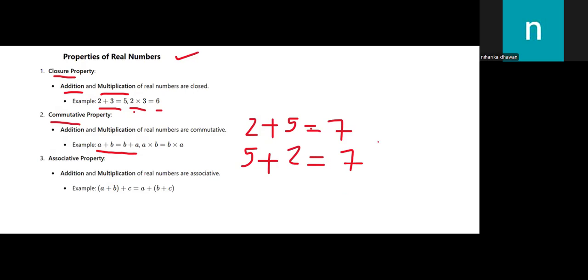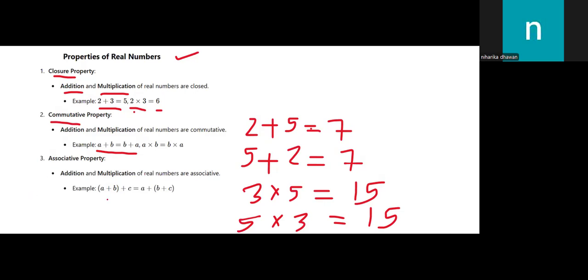Now, how is multiplication commutative? So, if I multiply any two real numbers, say 3 into 5. So, 3 into 5 is equal to 15. And 5 into 3 is also equal to 15. Here, I can see 3 into 5 is equal to 5 into 3. So it means multiplication is commutative. That is, if I multiply any two real numbers, then the order in which we multiply them does not matter. If I multiply 3 by 5, I am getting 15 only. If I am multiplying 5 and 3, then also I am getting 15 only.